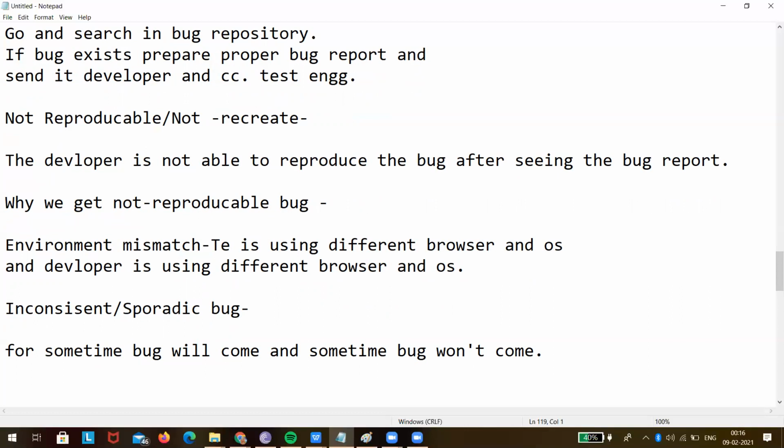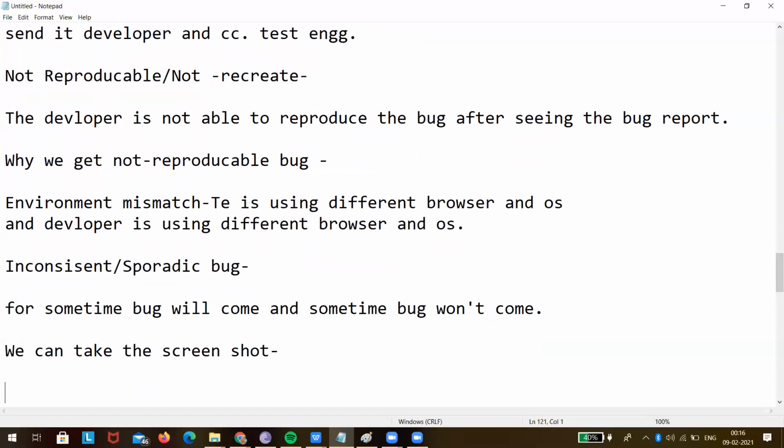We can take a screenshot. You know how we take a screenshot? Do you know how to take a screenshot? Using print screen we can take it.